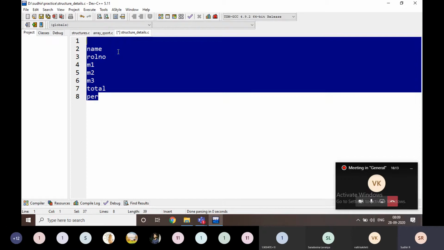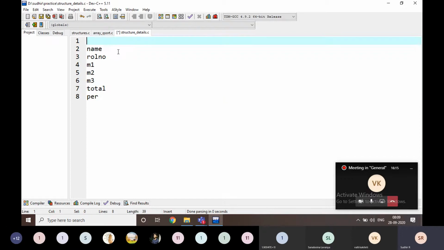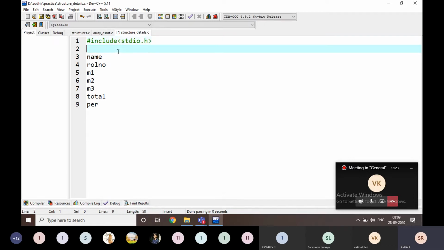Okay, for this I am going to write here, first of all, defining the structure like this. I am going to define a struct student.